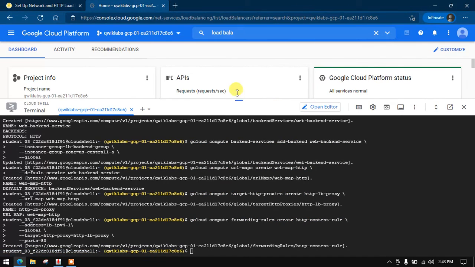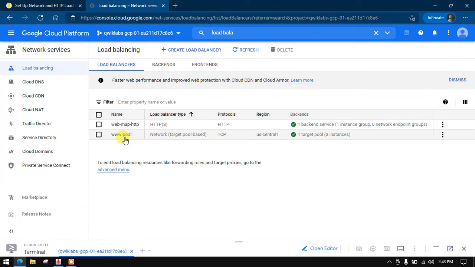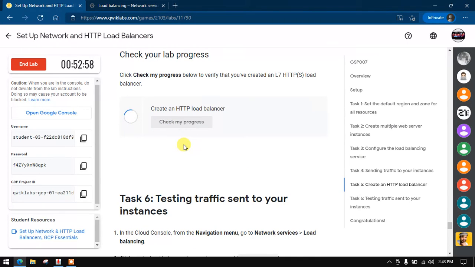Okay, network services we have created here. See, we have already created our load balancing, and it will take a few minutes for the server to start running.